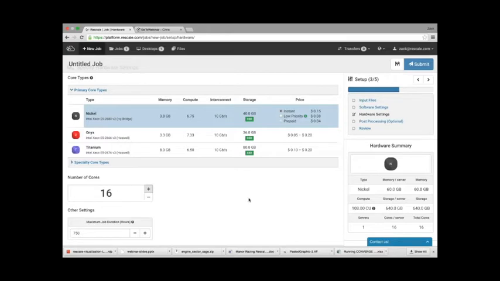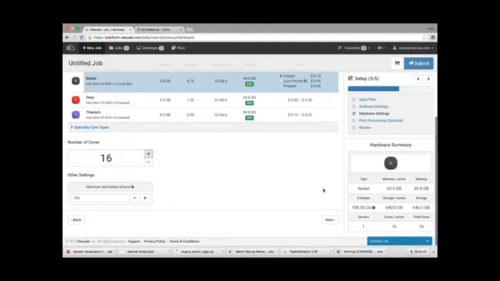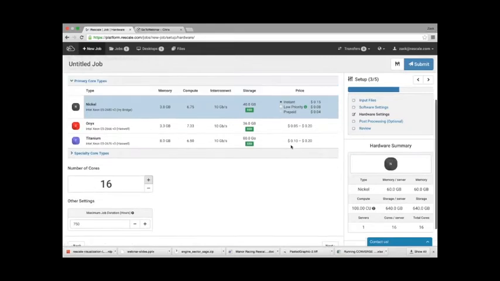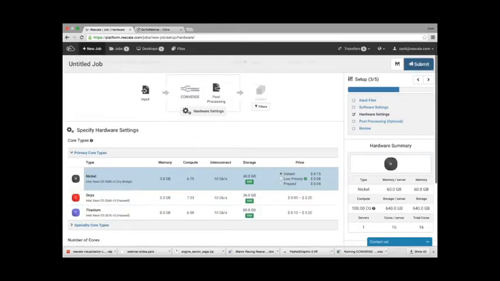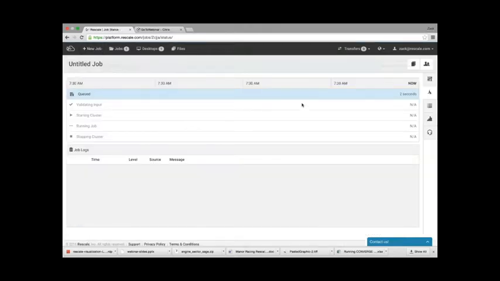So once you configure the number of cores over here, you can see on the right side a summary of what I'm using. In this case, I have 16 cores, and you can see the memory and everything like that. So it's pretty simple. And at this point, I'm going to just go and submit the job. So the job is in submission. What's going to happen right now behind the scenes is that a new cluster is being spun up, and it typically takes 3 to 5 minutes for the cluster to spin up.